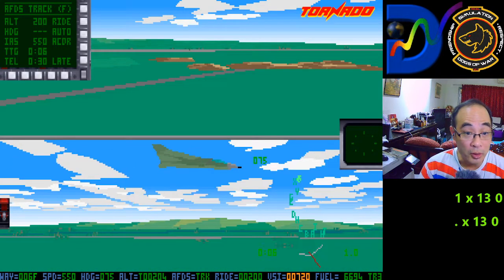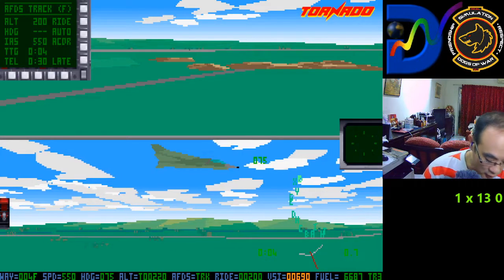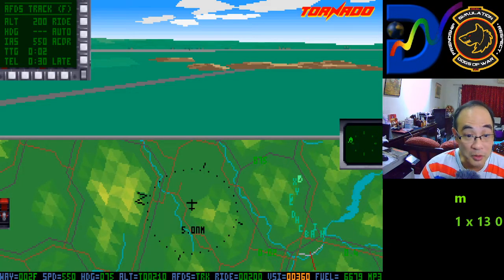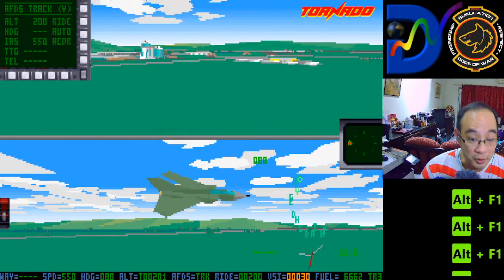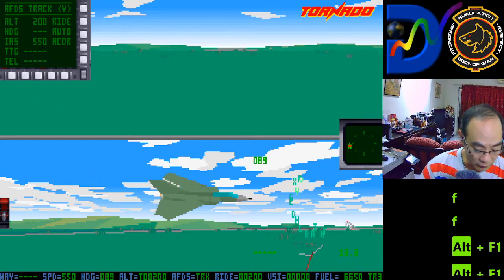Okay. So in the original game there was no split screen at all. You even have a map as part of the split screen. This is some of the things that I modded in the game itself. Now I think I've got infrared